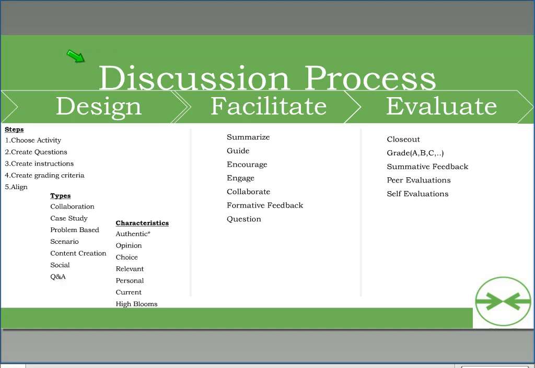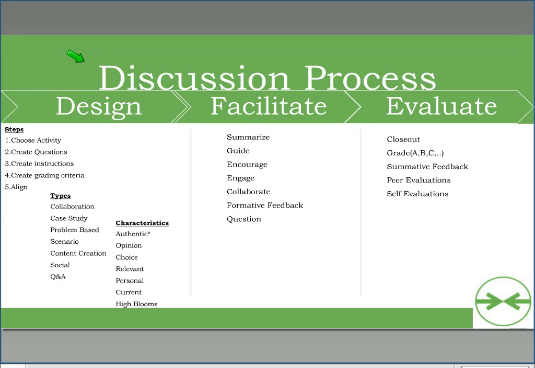But I think if you begin to look at the process and truly think about design, you're going to spend obviously the bulk of your critical thought there and thinking about how students might interact, by choosing the activity, creating your questions, and then going back. Often people forget to align them. If you'll see there, my step 5 is align. Going back and taking your activity, taking your questions and the assessment, and making sure that it aligns back with your central objectives of your course or your objectives for the module. And making sure that you're actually evaluating and helping students learn those objectives, and that you're not just having them discuss,